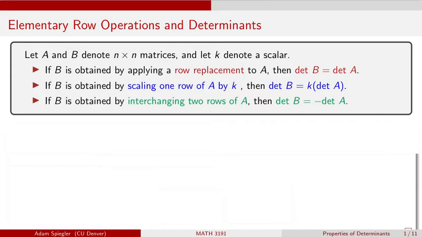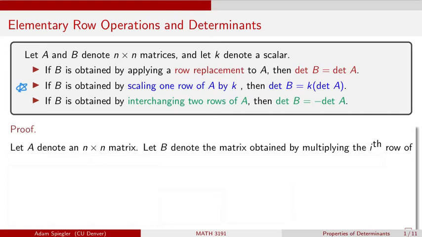And so let's investigate why each of these properties is true. And let's start with this second bullet, which is the scaling operation. So we'll prove this in the space below. So let's consider matrix A, which is an n by n matrix. And B is going to denote the matrix that we get when we multiply the ith row of matrix A